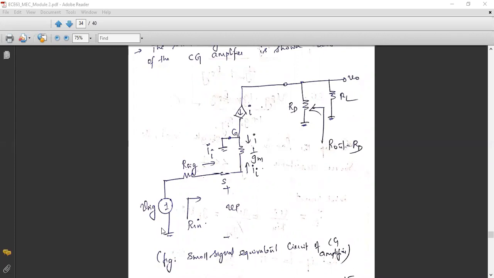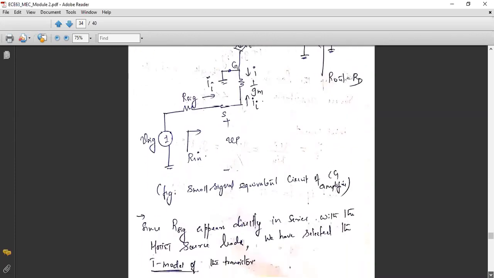So from VSIG, you have a current IA which is entering the gate. Meanwhile, from the drain, you are having a current I entering the source. And at the drain, you are having the drain resistance RD as shown here. And your Rout is marked here. Rout means when you look through the output terminal, you will feel some resistance here. That resistance is your output resistance, which is nothing but, as you can see, physically it is RD.